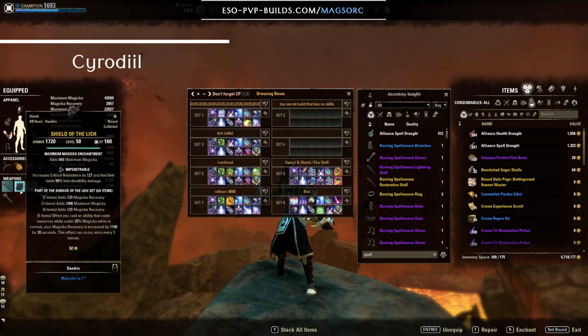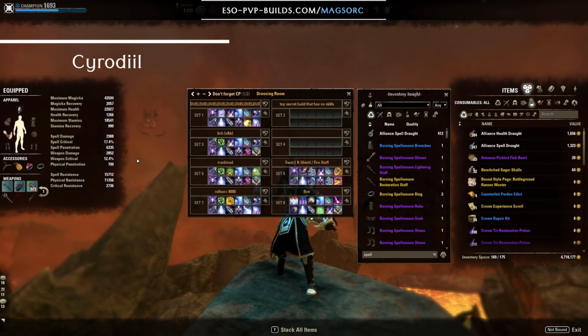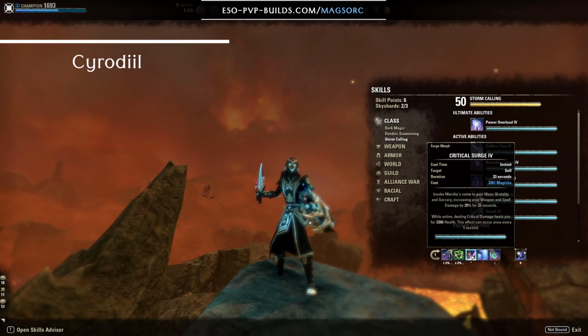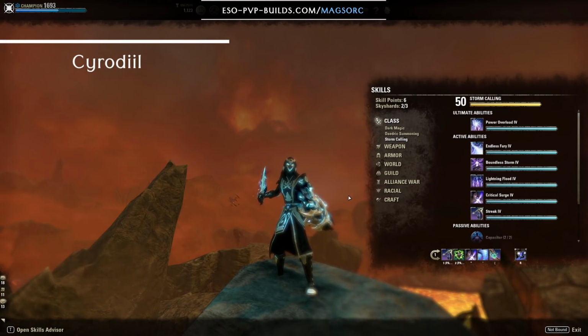Now you see I've switched to the sword and board here, as I mentioned. This is something you can do for all the kind of builds I've mentioned so far. So whenever I'm using a resto staff on the back bar, you could as well be using a sword and board, and then instead of running healing ward or rapid regen, you run critical surge as healing. And this setup with sword and board is going to be a bit tankier than the resto